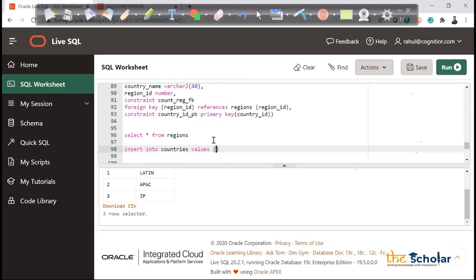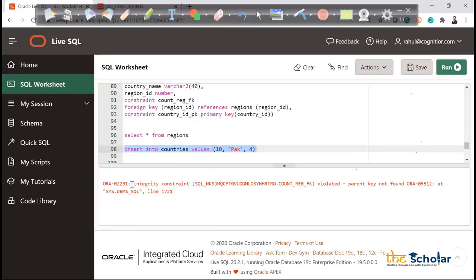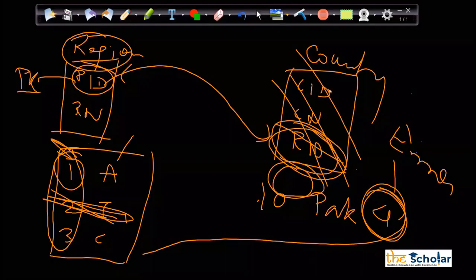Now I need country ID, let's say 10, country name, let's say Pakistan, and region ID as 4. Okay, let's try to execute. We'll see what happens. Integrity constraint violated, parent key not found. Getting it? The story is, I tried to insert 4, but 4 is not present here, gone.